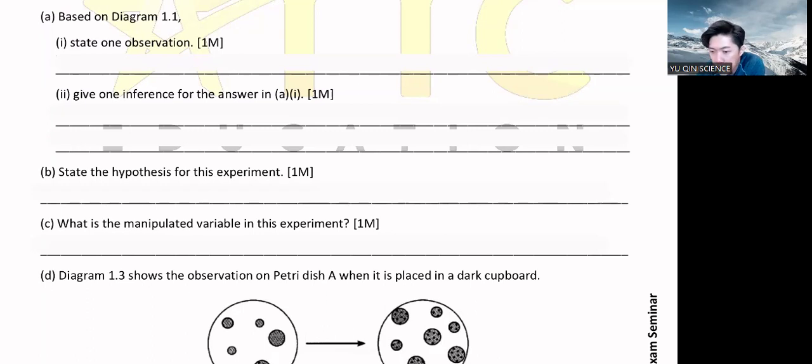We have to connect MV and RV for the hypothesis, right? Yes. You have to use your manipulated variable and responding variable. As long as it's in there, it doesn't matter how you write it, but make sure there is an element like you mentioned about manipulated and you mentioned about responding, then you'll be okay.